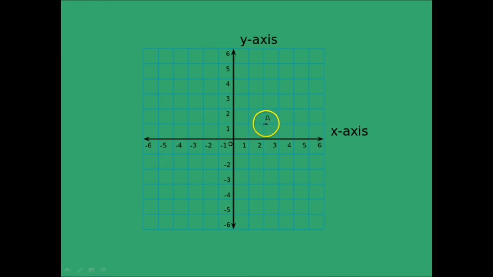And so therefore, we can draw perpendiculars to the x-axis and to the y-axis, which are of length 1 and 2 respectively. Now conventionally, point A would be given by the distance from the y-axis and the distance from the x-axis. Now, since negative numbers are involved, the sense in which you move is also important.